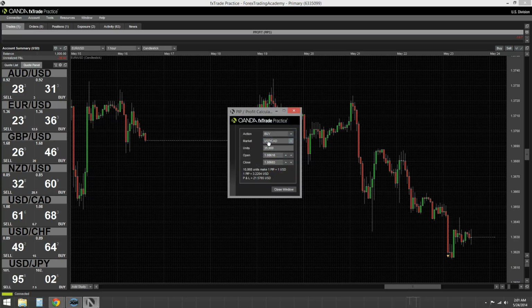And if you bought, it would be that amount. And if you sold, you would have lost. So that's all the pip profit calculator does, it gives you a what if scenario. What if I did this with this many units? What would I gain? Well, it tells you